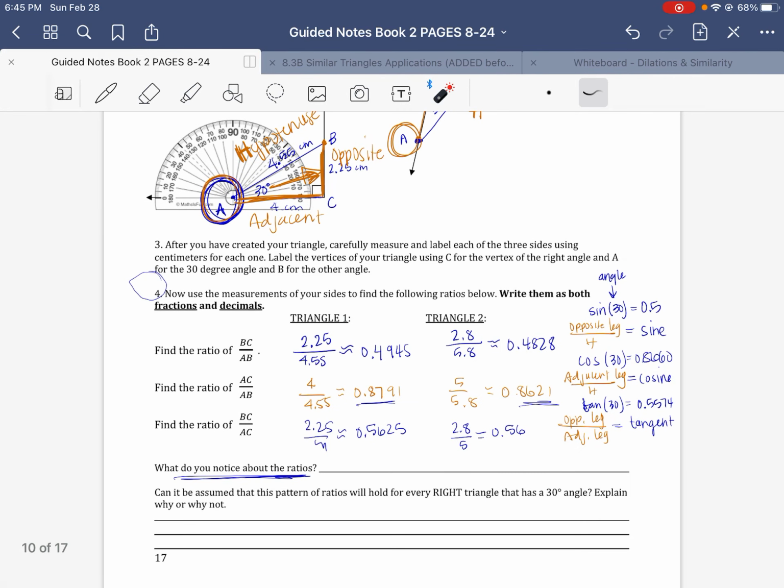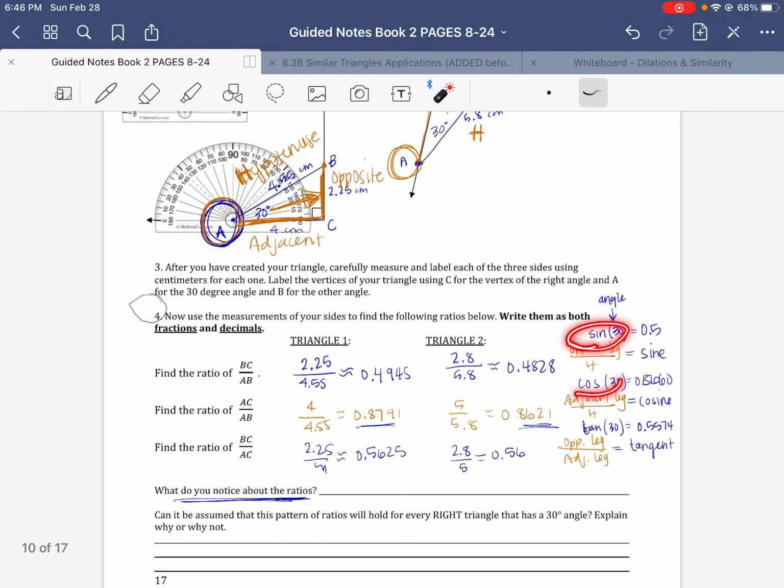Lastly, this question says, can it be assumed this pattern of ratios will hold for every right triangle that has a 30-degree angle? The answer is yes, because all right triangles that have 90, 30, 60 degrees will be similar triangles, right? So the triangle legs will maintain the same proportional relationship. So we just want to make sure that we understand that, okay? Again, trig ratios, what are they? Sine, cosine, tangent, and all they do is relate different sides of the triangle together. So in the next video, we'll talk about using those trigonometric ratios to find